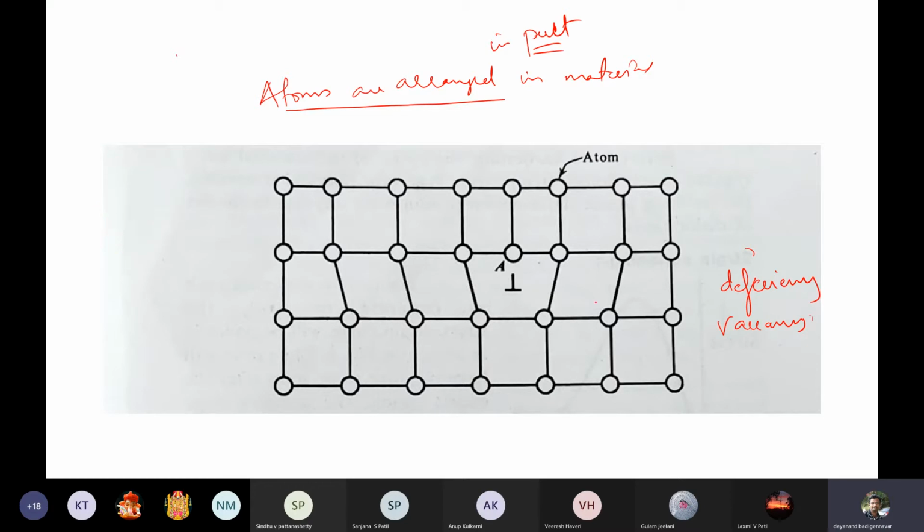Due to this deficiency, what happens when you apply a force on it,